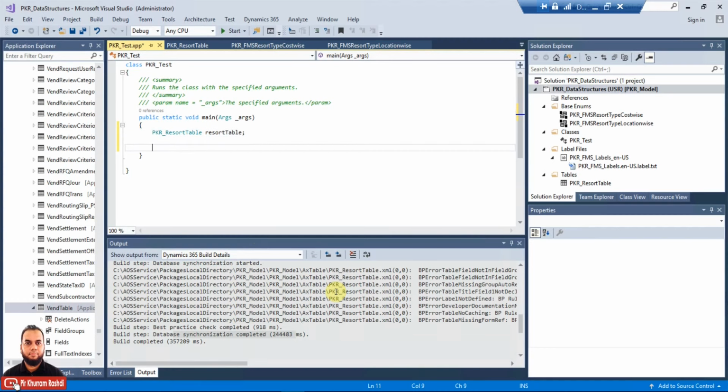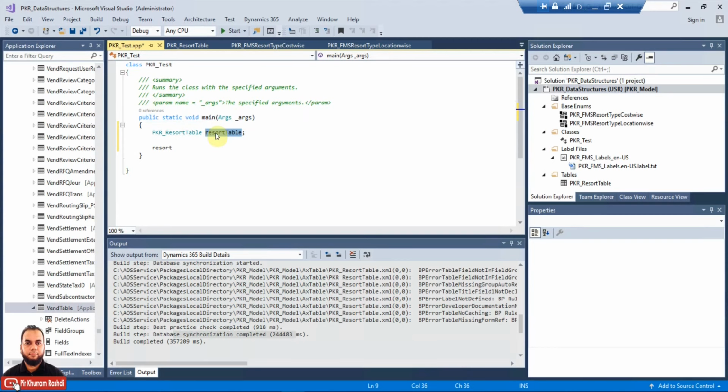So first of all we need to insert a record in this one. How can we do that? It is simple. Also, I should tell you the naming conventions, since this is an introduction to programming and X++. Whenever you declare a parameter, always remember that the parameter variable should start with an underscore. This will automatically tell a developer that this is a parameter value.